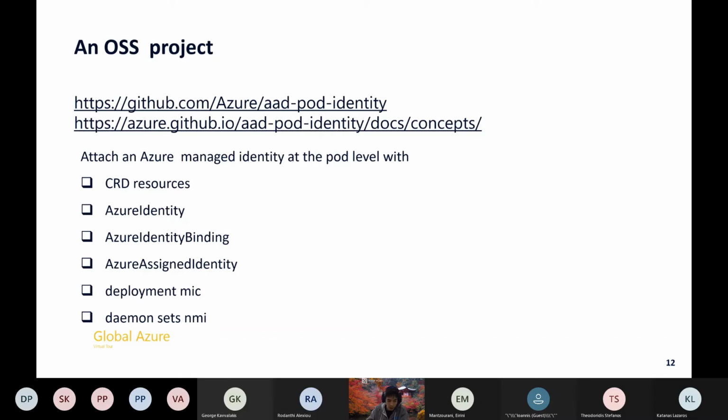Managed Identity. So the Managed Identity Controller is the heart of it, or the brain, depends. It's on this deployment that the pod running in it will interact between the API server and Azure AD to distribute the token to the pod which requires it. And then we have the Node Managed Identity daemon set, which is in its turn talking directly with the Managed Identity Controller, well, through the API server anyway, and which intercepts the requirement of the pod that needs to have access to Azure AD by means of a binding.